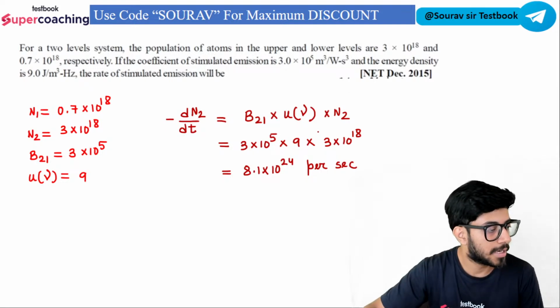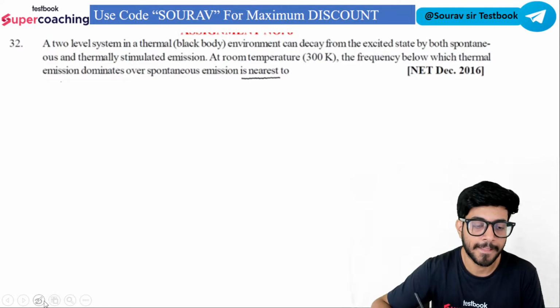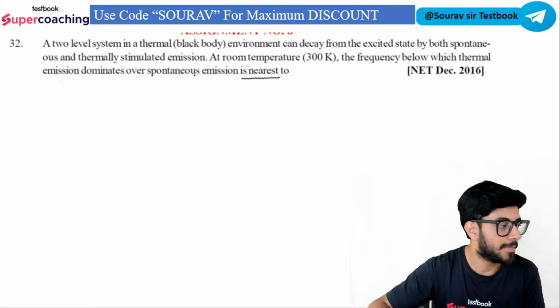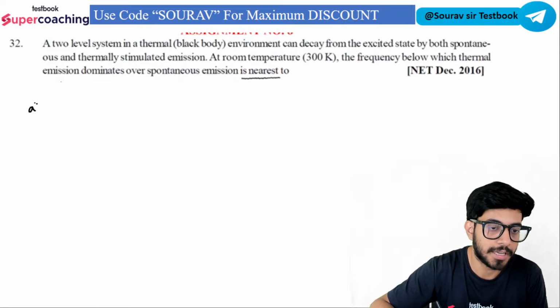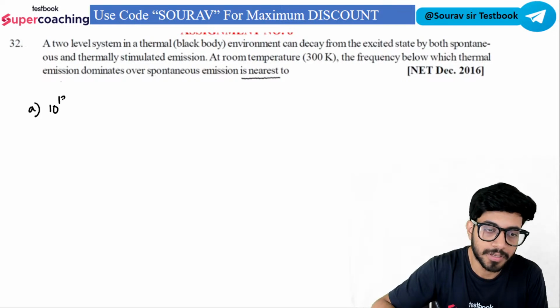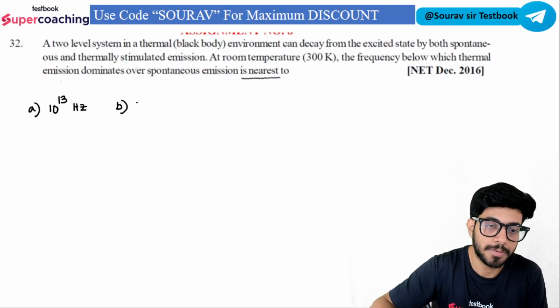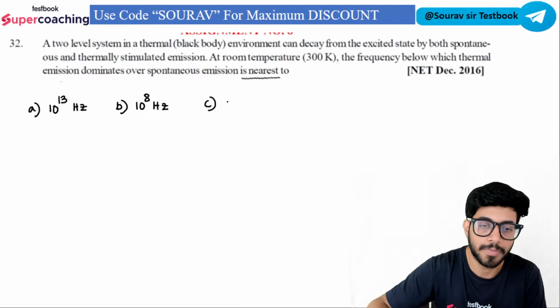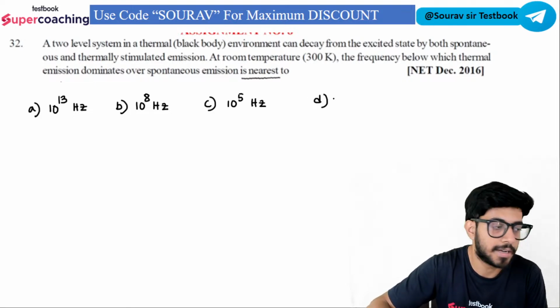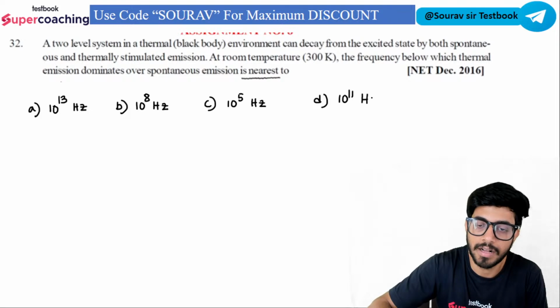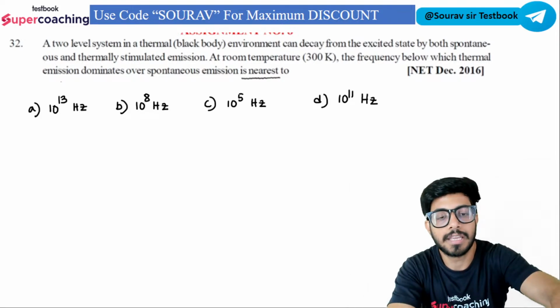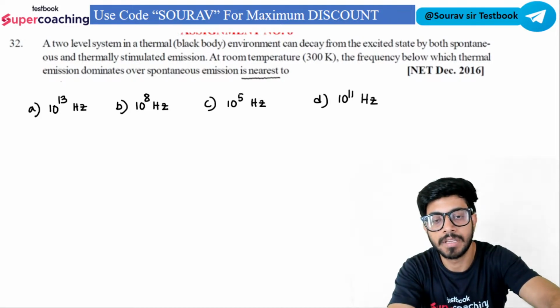इसके बाद और एक क्वेश्चन है, यहाँ पे ऑप्शंस नहीं बताए गए हैं, ऑप्शंस मैं बता देता हूँ। ऑप्शन ए है 10 to the power of 13 हर्ट्ज, ऑप्शन बी है 10 to the power of 8 हर्ट्ज, ऑप्शन सी है 10 to the power of 5 हर्ट्ज, ऑप्शन डी है 10 to the power of 11 हर्ट्ज।